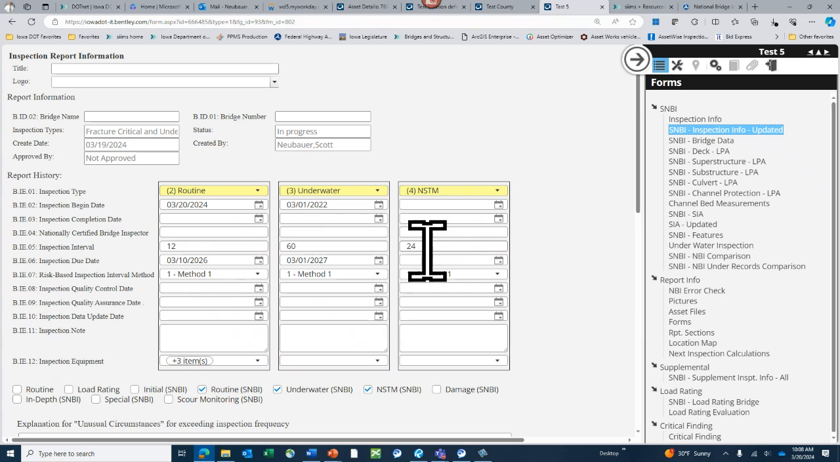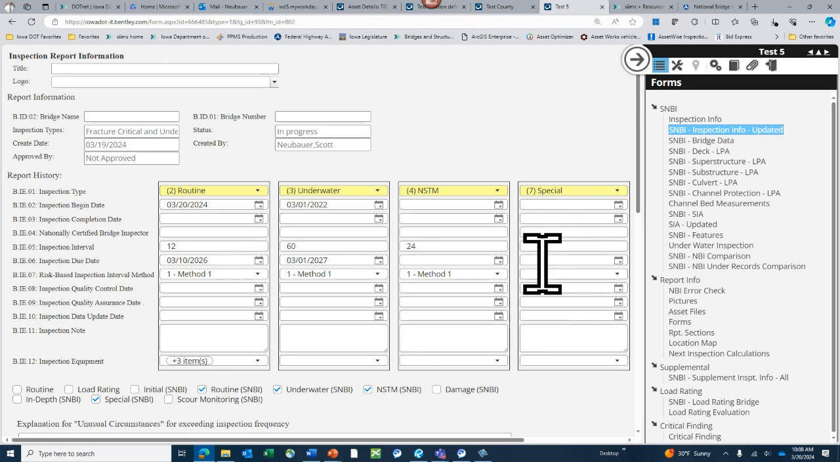So that's how we've got this set up to work with your different rating types to get to that 12-month frequency. We've got that set. That doesn't mean your routine has to be 12. You could do a special inspection and do that one